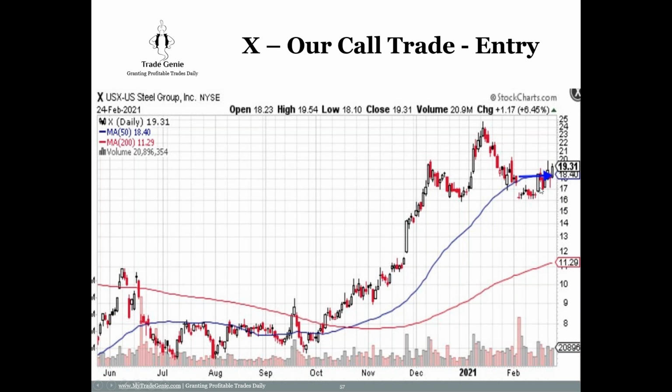I think I also sent the alert. We had the March call trade here somewhere, and I sent the alert to buy here also at 16, the April call. So we simultaneously had March and April. This is what happens when we have a March call that's not working out and about to lose money, but the trade is working. Instead of adding to the March call because it's so close to expiry, but we believe in the trade, then you don't have to add down on the same trade.